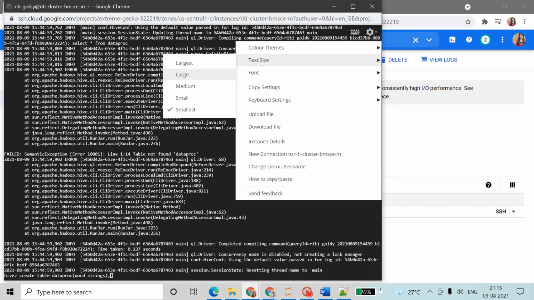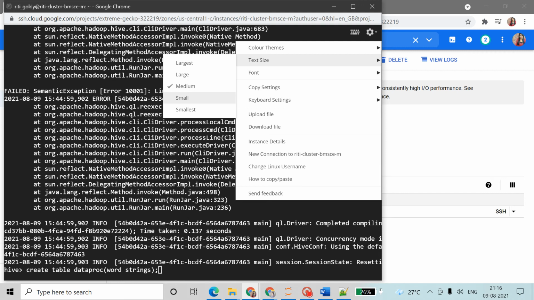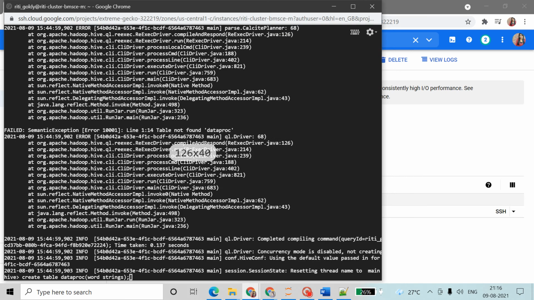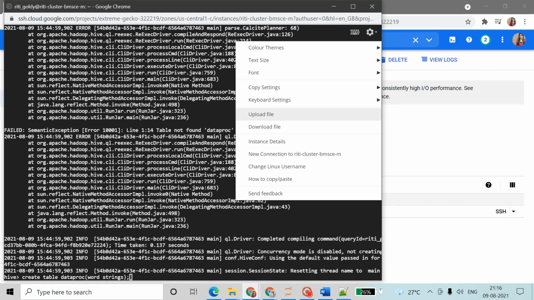I have set the smallest, because sometimes I want to see other queries, and if it's smallest then we can see them easily. We should work on medium because it's good for our eyes. Not medium, medium is too big. Smallest, okay, small, it's fine. Copy text, keyword, upload file. We can even download whatever we have written.